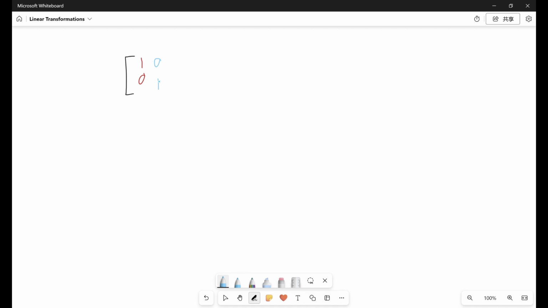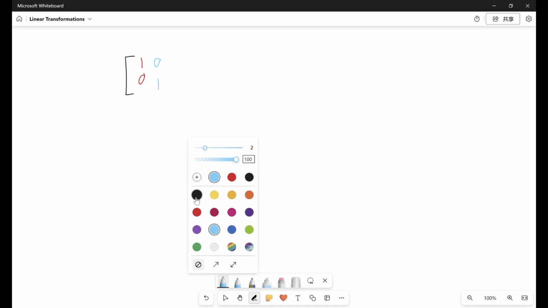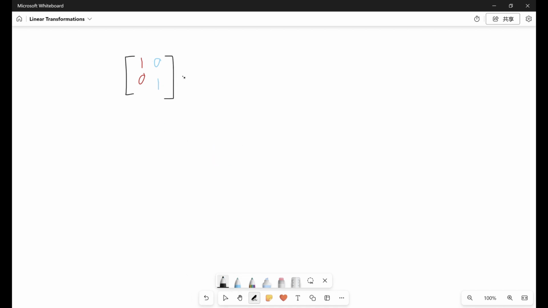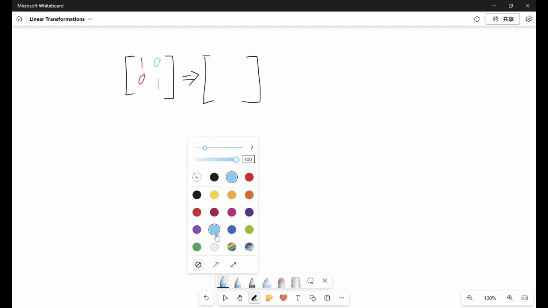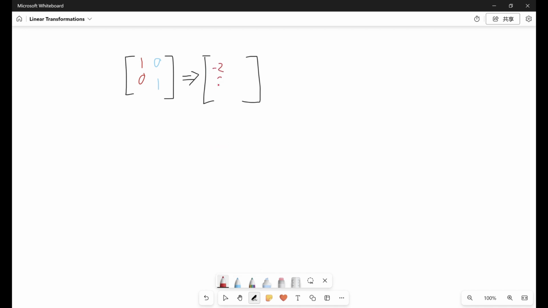For the first column, you essentially put 1, 0 into the matrix, and then you put 0, 1. So this is vector i, this is vector j, right? Okay, and then after you transform